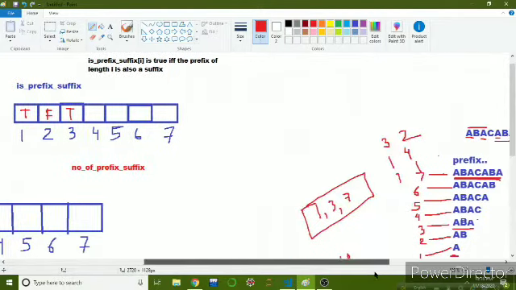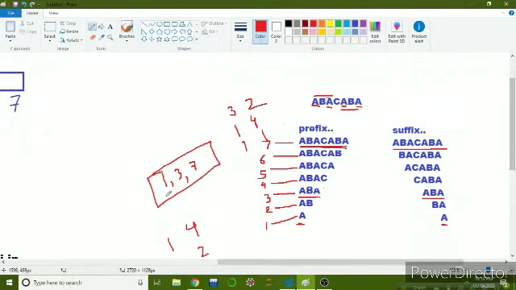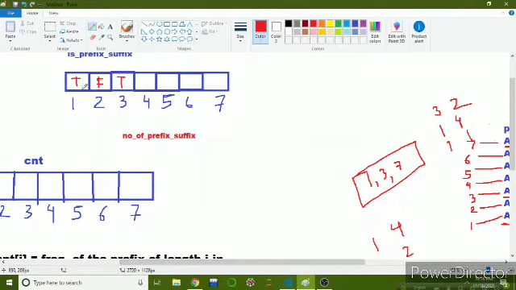So we have already seen that we only have the prefixes of length 1, 3 and 7 which are also suffixes. So in this array at index 1, 3 and 7 there will be true values and the rest of the values will be false.